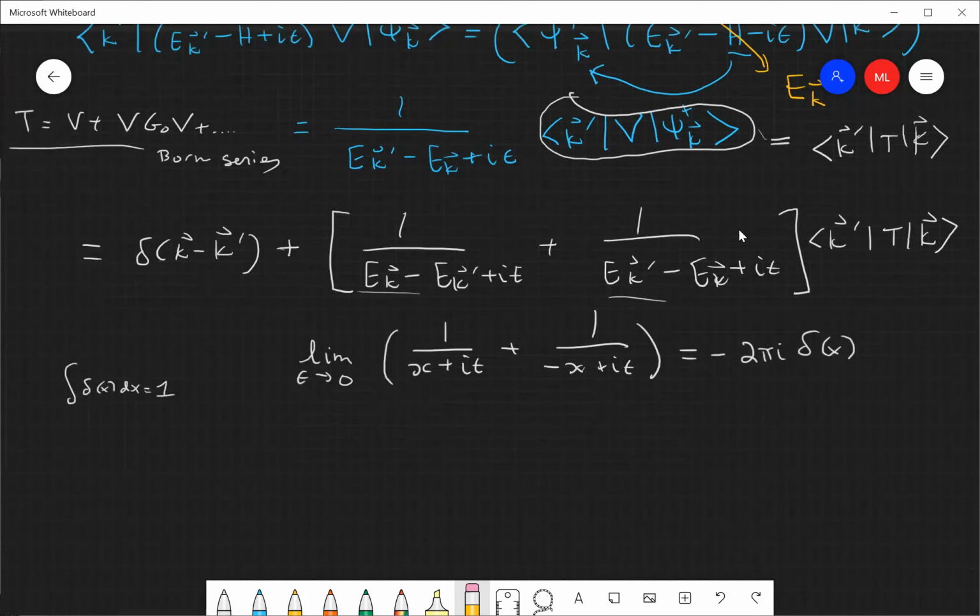So as you send epsilon to 0, this quantity just becomes a delta function in the energy, as it kind of must, because the S matrix is on shell. It conserves energy. And so what did we find? We found that